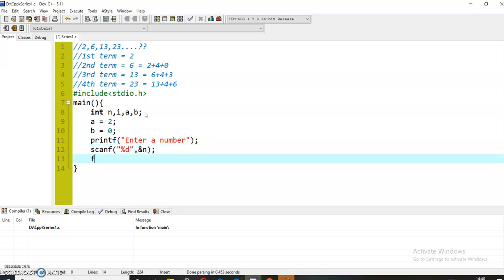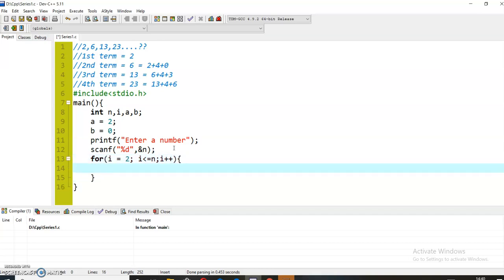Now I will use the for loop to traverse through to the nth term of the series. I will start the loop from 2 and go up to the nth term. So i is less than or equal to n, and i plus plus, it will be incremented every time, and within that I have to write the code.